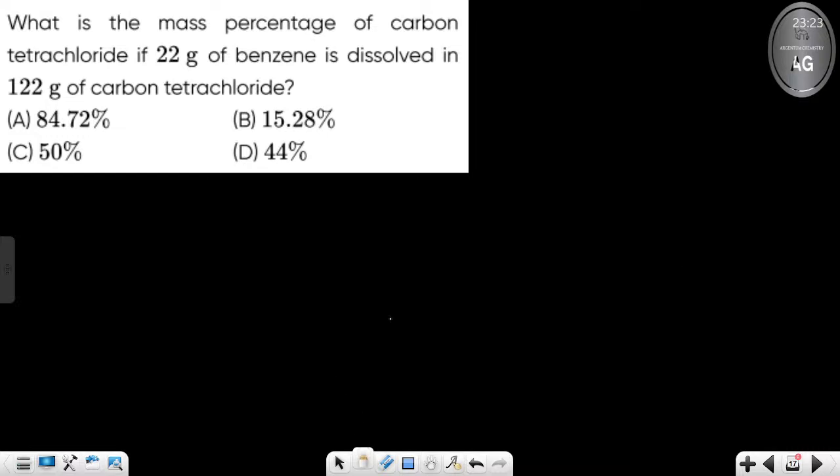What is the question saying? The question says, what is the mass percentage of carbon if 22 gram of benzene is dissolved in 122 gram of carbon tetrachloride? It's the basic question possible on weight by weight percent. Mass percentage is asked. 22 gram of benzene is dissolved in 122 gram of carbon tetrachloride. Just now we have read that weight percent is equal to mass of solute divided by mass of solution. So mass of whom? Of solute